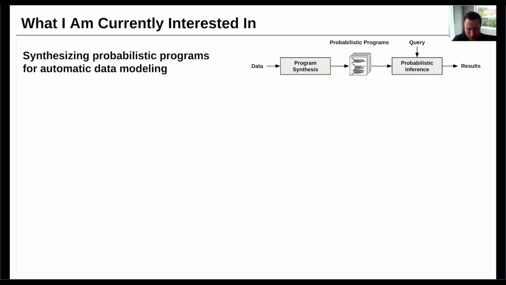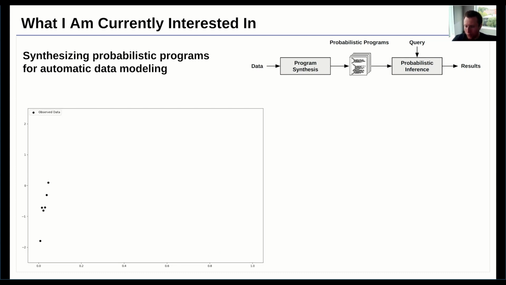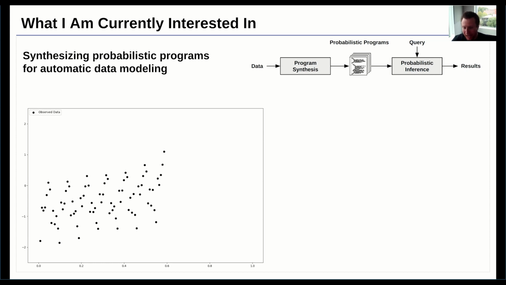This is a very challenging problem because it's not always obvious how to get the right probabilistic program for your application. So here's an example where we have some data that's streaming in, and we might be interested in automatically building a probabilistic program that captures the data generating process. Now, if we're eyeballing this data, we can pretty much get a sense of the periodic repetitions, and also the increase in the value of the variable over time.